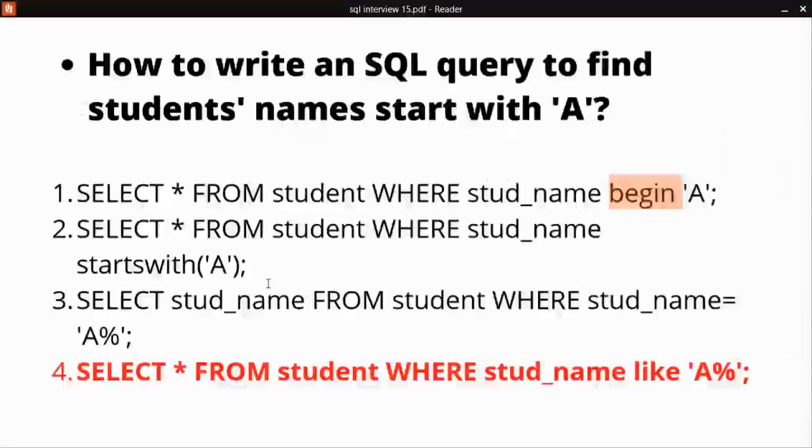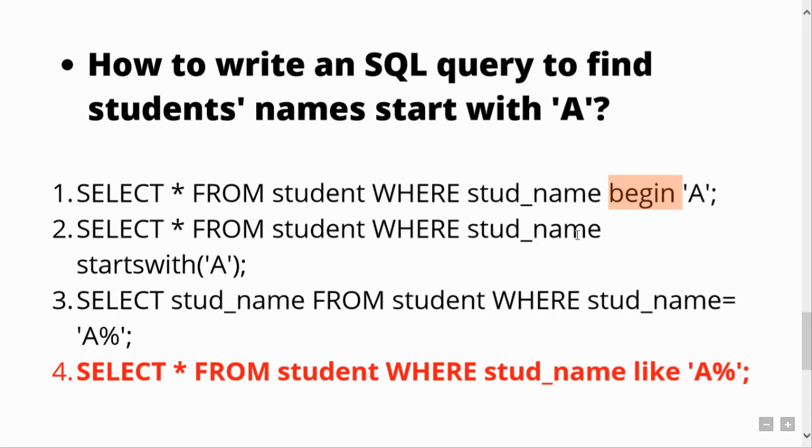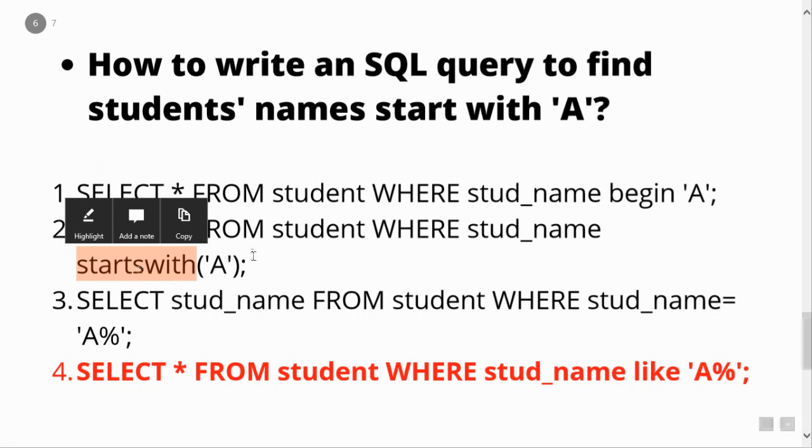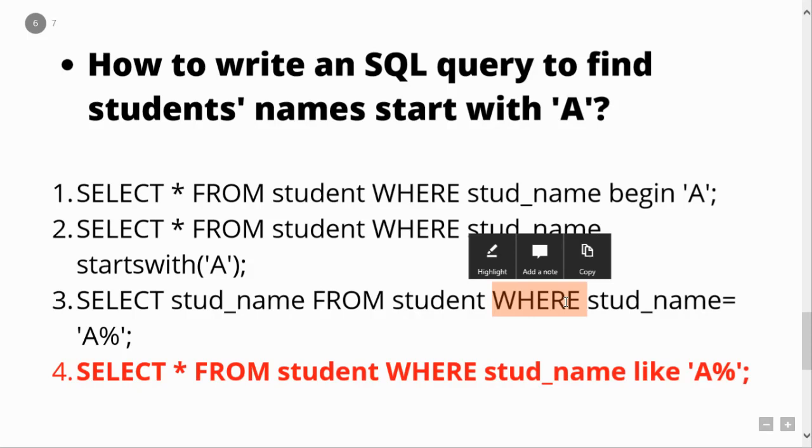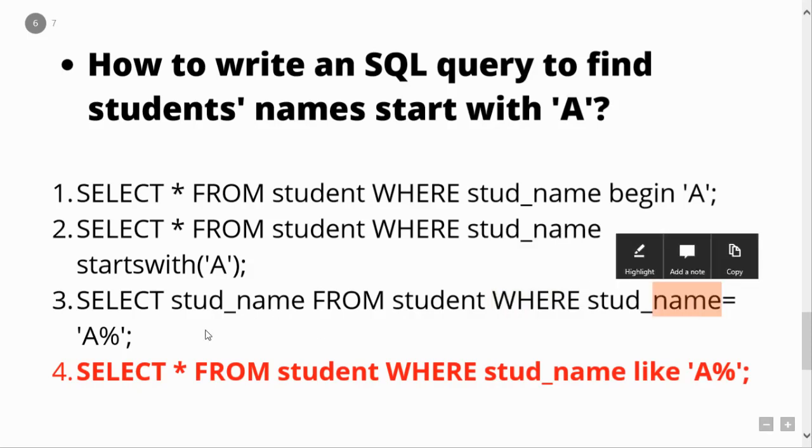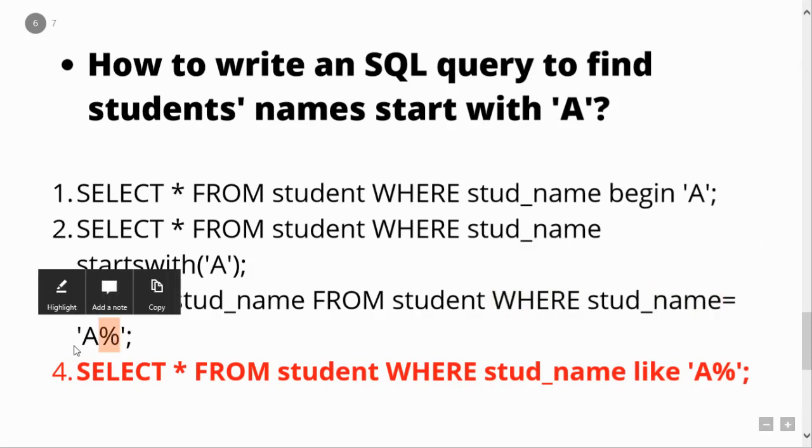Let's see the second option, which is select star from student, where student name starts with A. Starts with A is also not a function in SQL. Okay, so this also cannot be a correct answer. Next, you have select student name from student, where student name is equals to A%. So this is also not a correct option, because if you use where, it will directly compare student name with this part. Okay, it will check for A% in the name of the student,